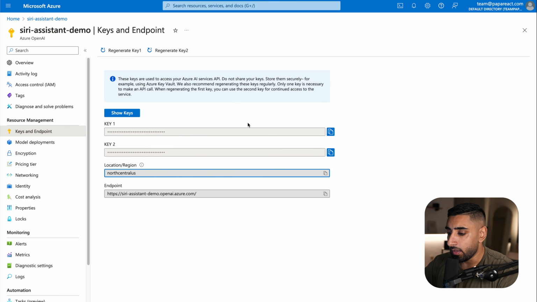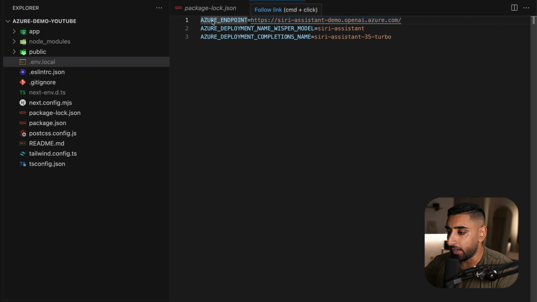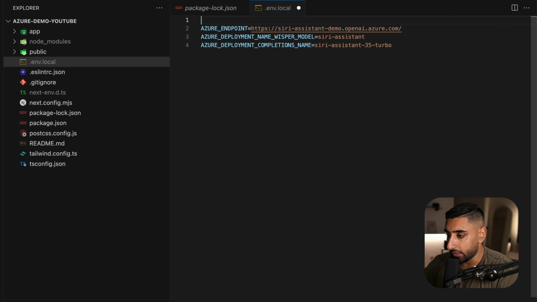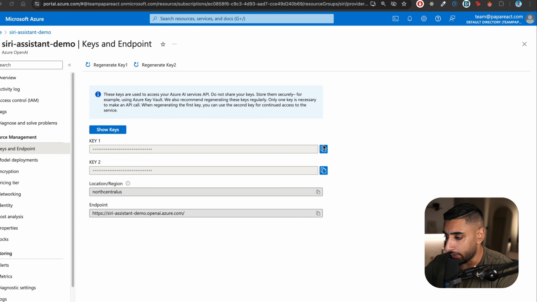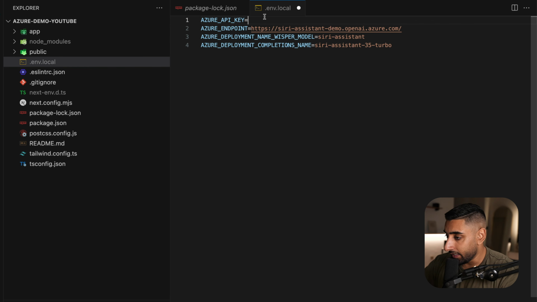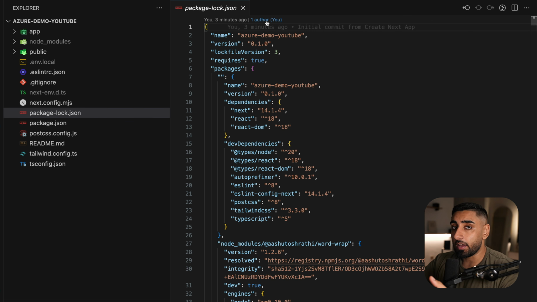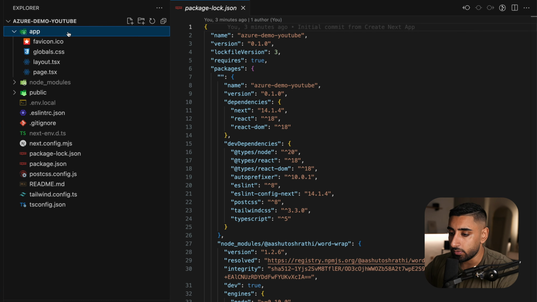It's okay for now. But for the key, I simply copy it and then I will pop the key above it. So we can actually go ahead and say something like Azure API key, and I can simply pop in the key here. So at this point, I would copy this, paste it in here, and then save and close this file. So I'm going to do that right now. So I just saved that file, closed it, and now we're going to head into our code to go ahead